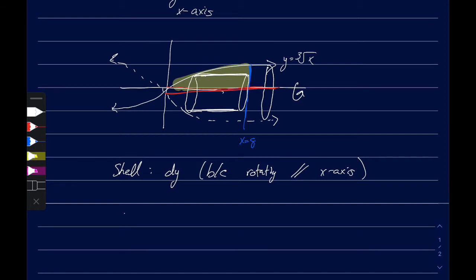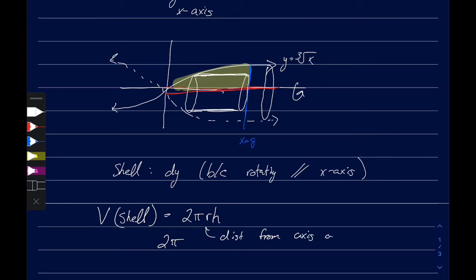So our shell, the volume of it, is equal to 2 pi r h. So 2 pi is 2 pi. R, remember, is the distance